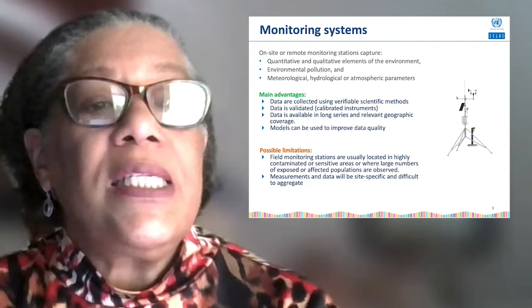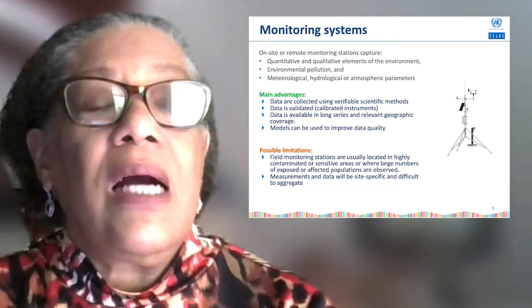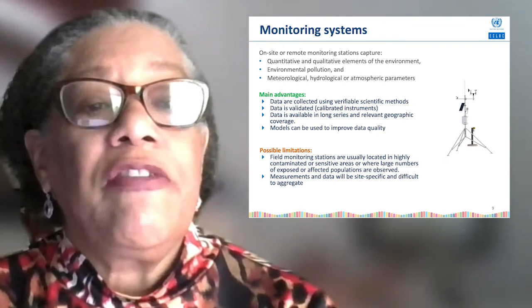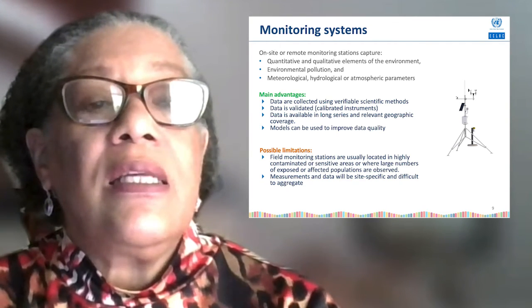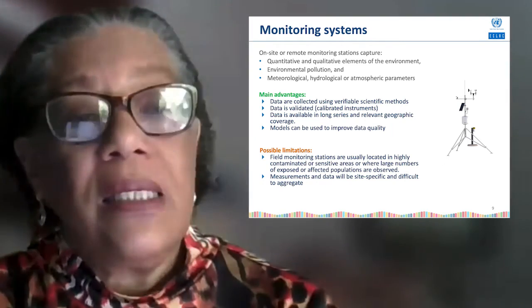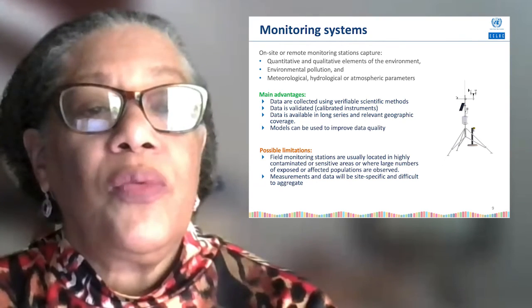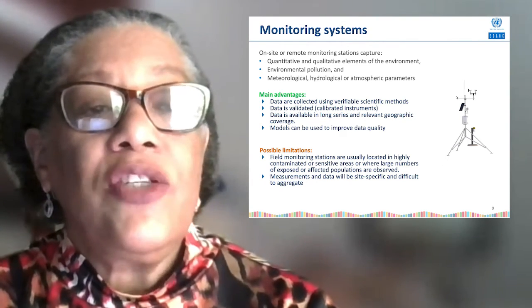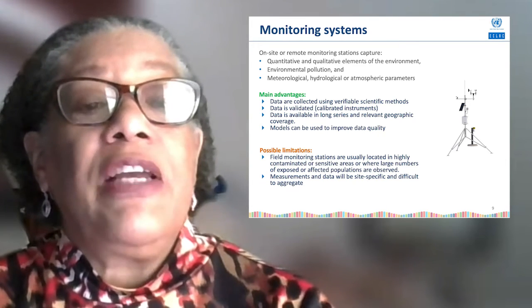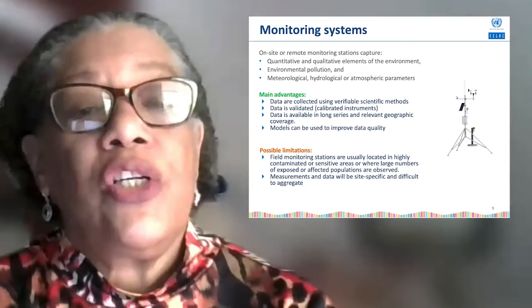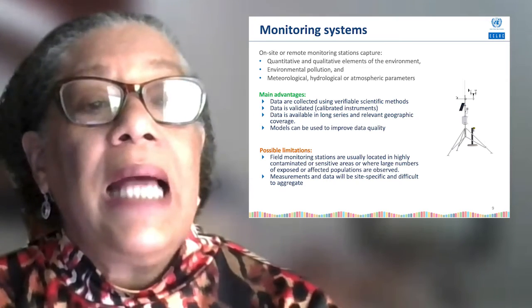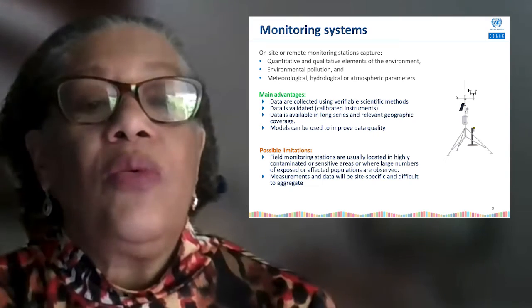The advantages here are that the data are usually collected using verifiable scientific methods. The data is validated while being collected through the use of calibrated instruments. Data is available in long series and over relevant geographic areas, and models can also be used to improve the